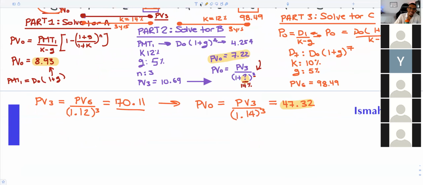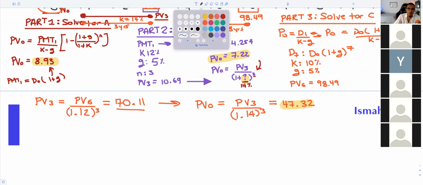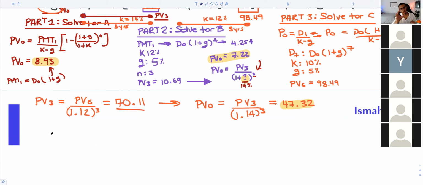Exactly. We have to do one more step, and that one more step is really important to remember. The value of a stock, the present value of a stock, is equal to the future discounted cash flows that you can make on that stock. So what you would do is simply P0 is equal to A plus B plus C, such that you would have 8.93 plus 7.22 plus